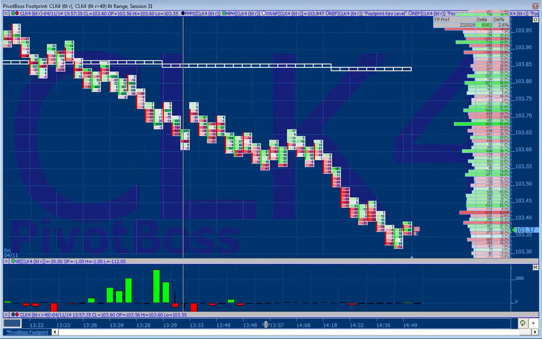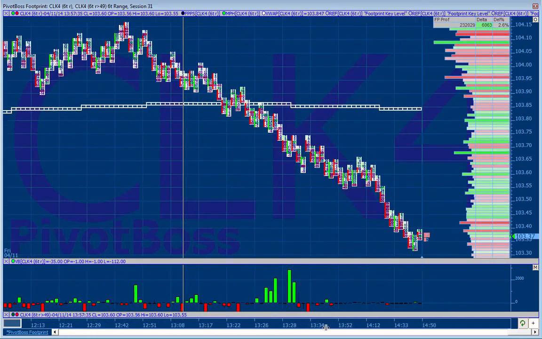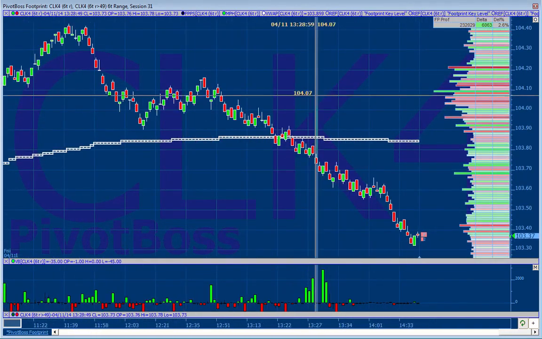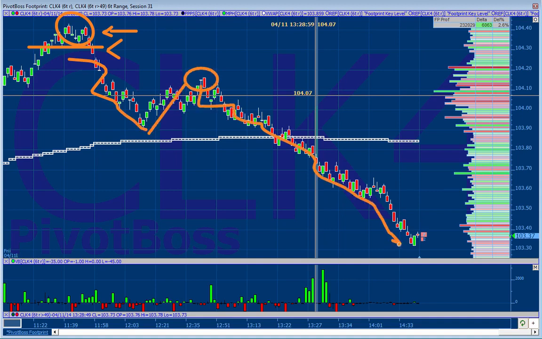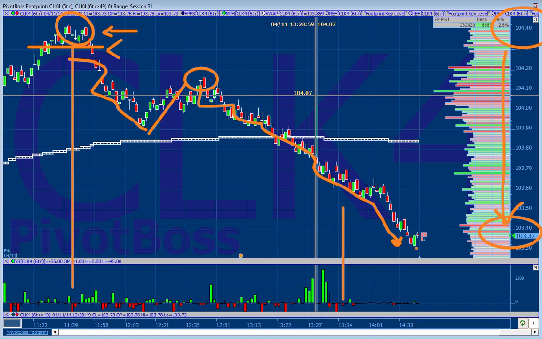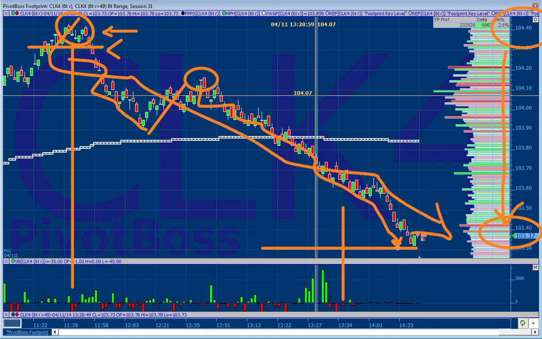Remember 104.42, where we got all of the absorption, that was right here. All of the buying balances that came in there were stifled. Price broke back below these 104.30s and then pushed lower. When price tried to get up, the buying balances couldn't push price higher, and then we saw price roll lower. That is a 1-point drop. And how long? Oh, 2 hours or so. I mean, it was just a quick roll down here.